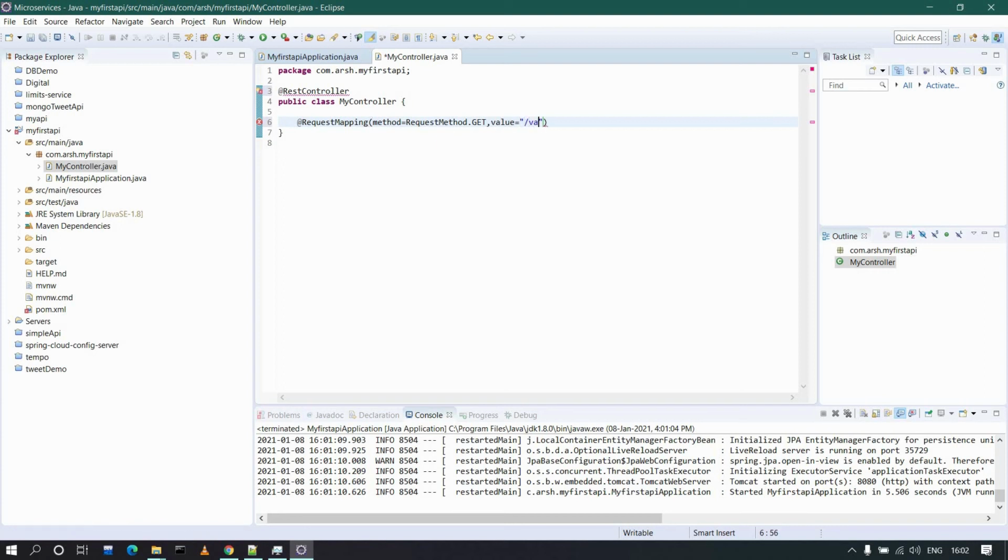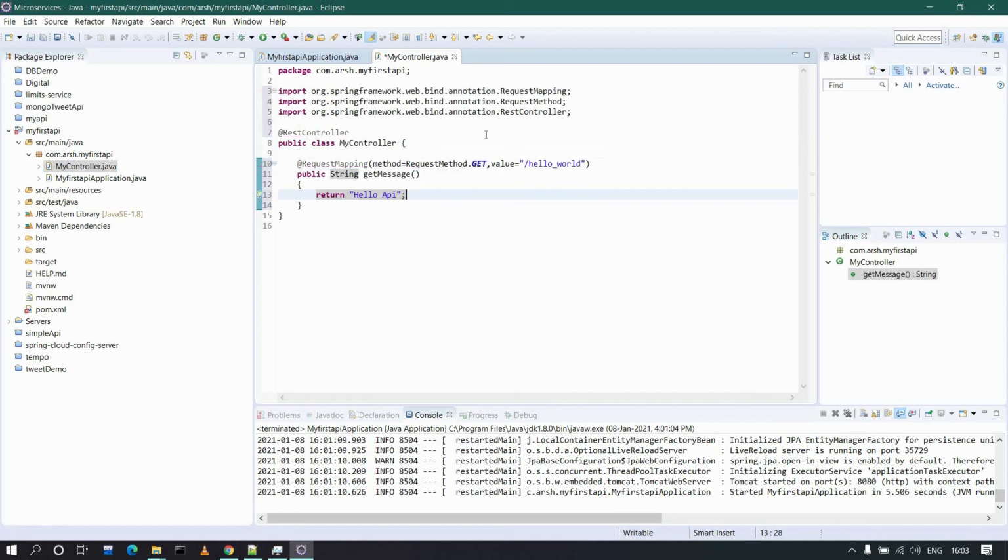So I will be saying hello world. This is the endpoint for that API. Later I will explain what all these are. So let me complete the string.